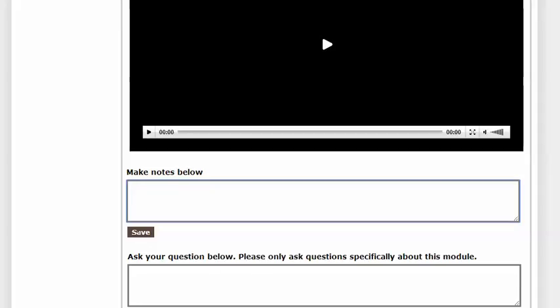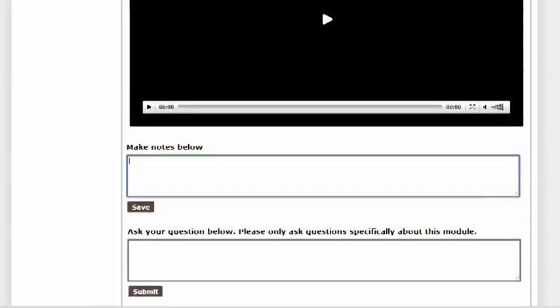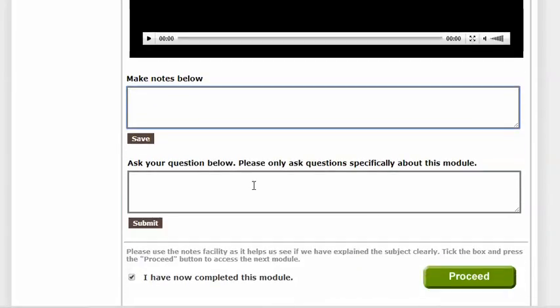Now the other thing is, let me just see if we can do this here. The other thing is we have the second box, which is not available to everyone. It's one of our advanced features, and I have made it available to some people. Usually you would have to pay for the higher end package to get this. And this essentially is the Q&A facility. So let's say you watch a video, you're not sure what I meant, or it just didn't make sense, or you've got a specific question that relates to that video, then you can put your question here